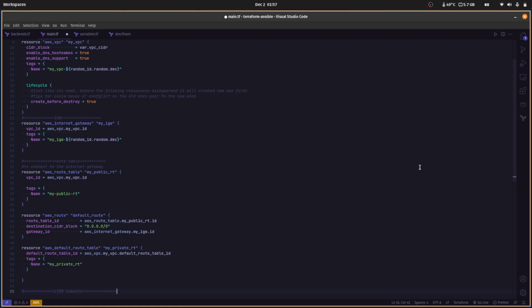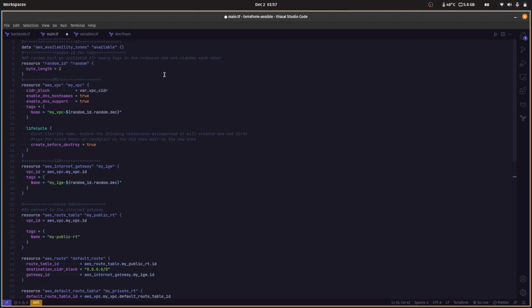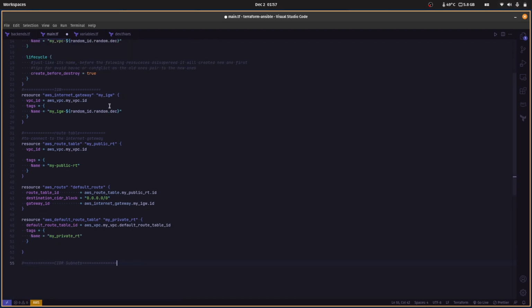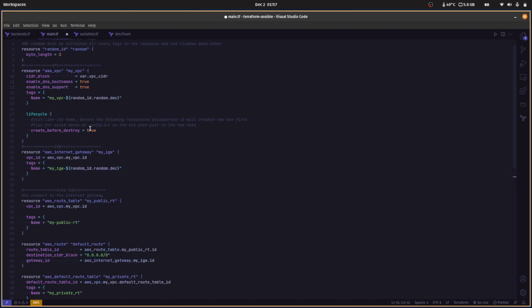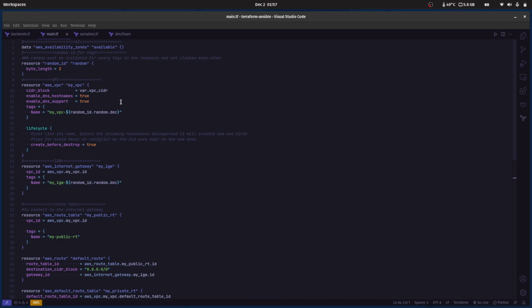As you can see, not too difficult here. Of course, there are certainly some other attributes that we'll want to utilize, such as specifying our availability zone. We might also want to use map public IP on launch for the public subnets, which of course makes sense. So let's go ahead and start coding this out. Again, we're going to do it very simply at first, and then we'll start to